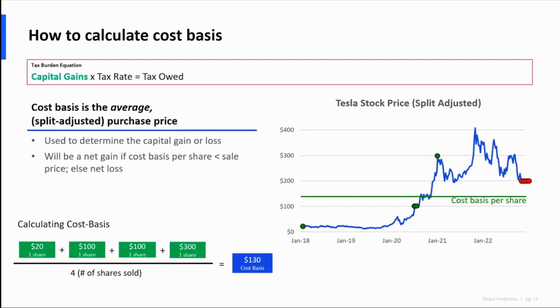I should also mention that the easiest way to get the cost basis is actually just to look at your brokerage, or use some tool that pulls in data from the brokerage, because they'll calculate this for you. It'll be split adjusted, but the concept is really important to understand so that as you're making investing decisions, you know what to expect from an investment in terms of taxes, if it goes up or down. That's the concept that we want to drill in.